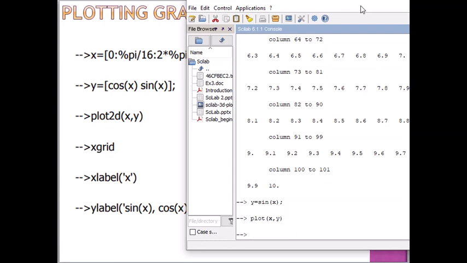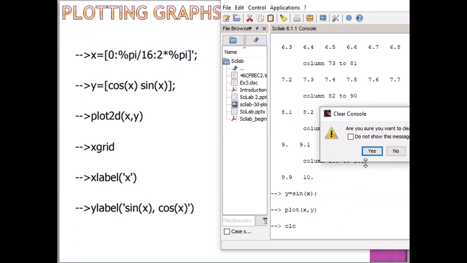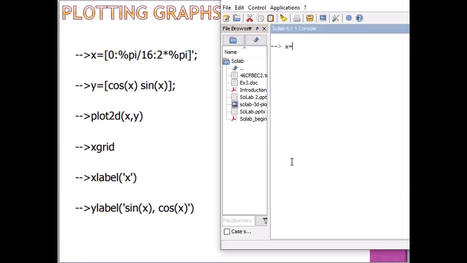And again we can discuss our problems. And if we give x is equal to 0 colon percent pi on 16 colon 2 percent pi, right, then this is the x value defined here.